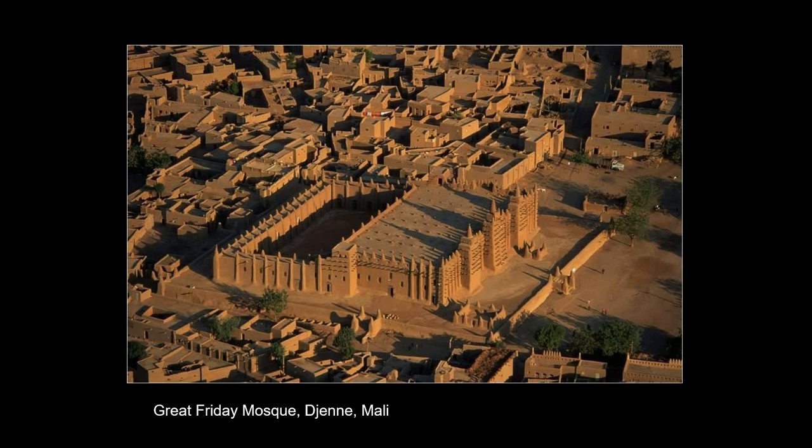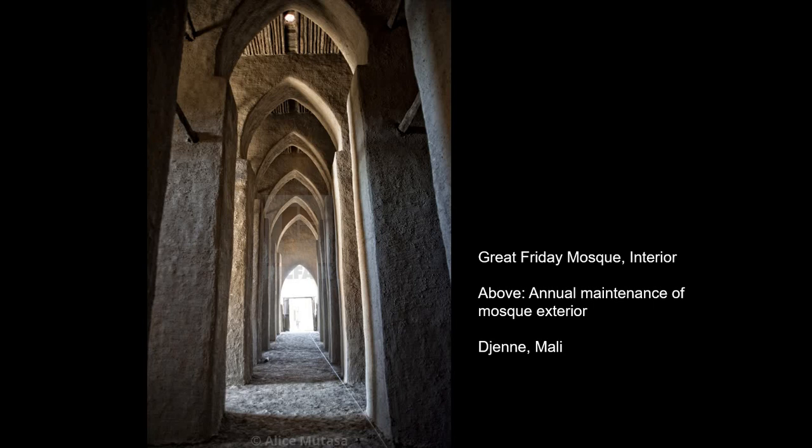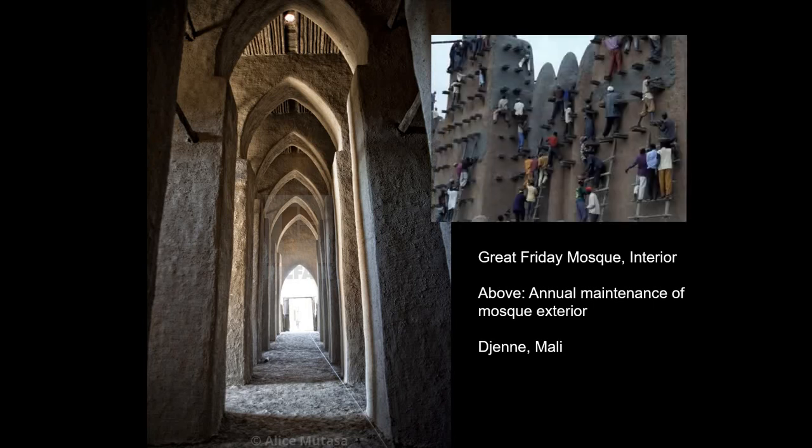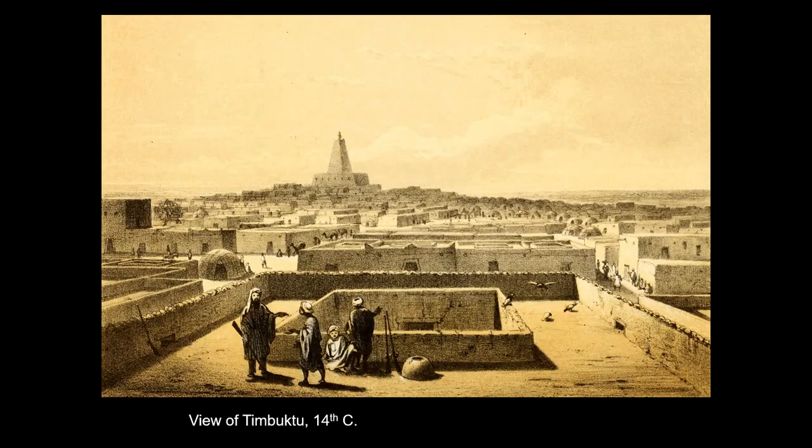Again, it looks very much like other mosques. We'll talk more about mosque architecture when we get to Islamic cultures, but it's something that has to be maintained. You have a wet and a dry season in Africa, and when the wet season comes, it very much damages the architecture, so you have to rebuild it constantly. So this thing has been rebuilt and constantly rebuilt over that time period.